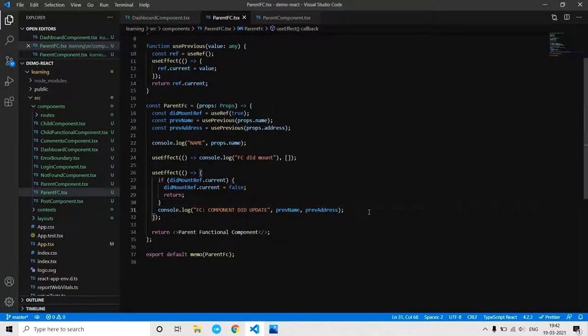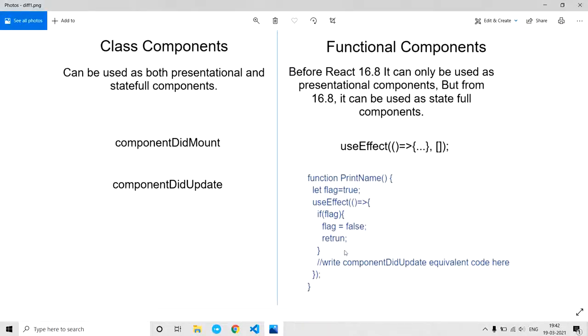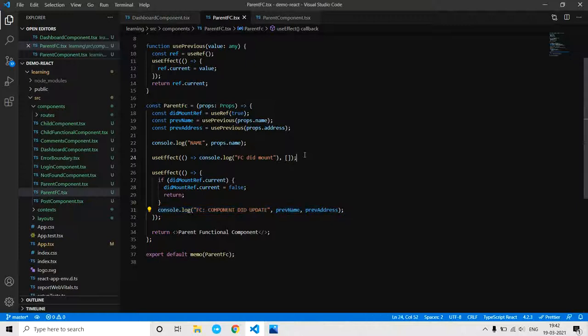This block is not executed the first time, and when the component updates, it checks this value, which for the second time will be false, so the early return won't execute and this block will get executed. You should write the didUpdate logic in this part, which I showed in the chart.